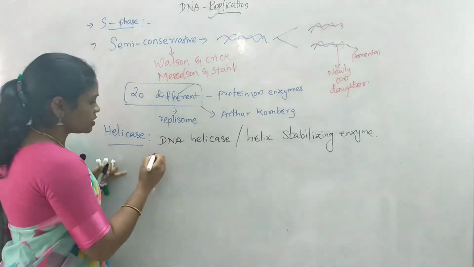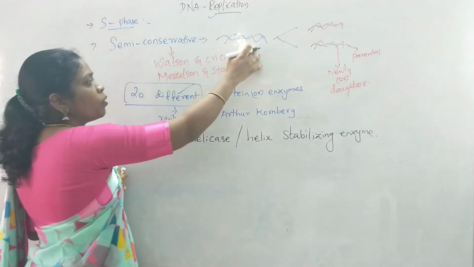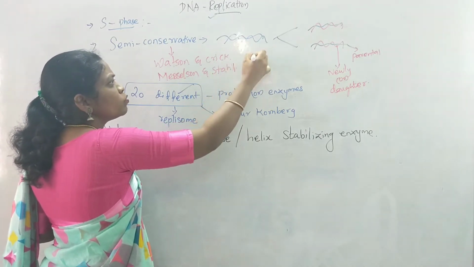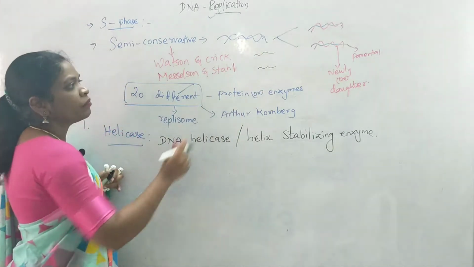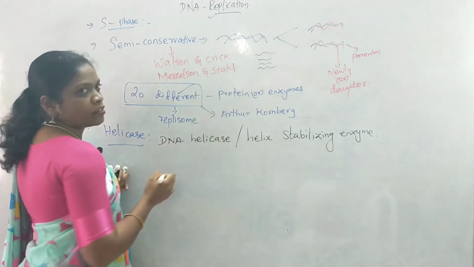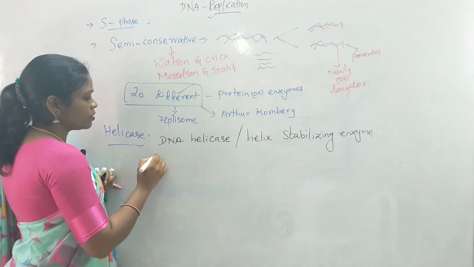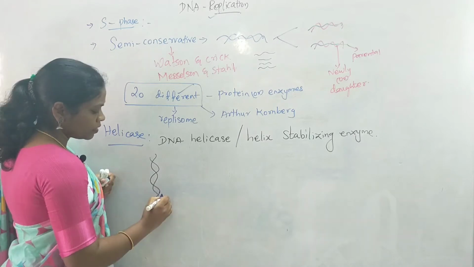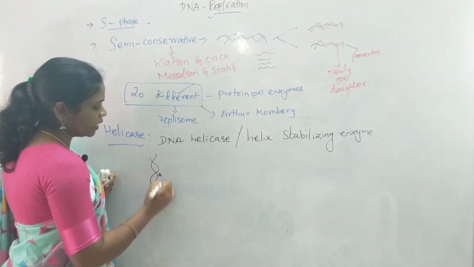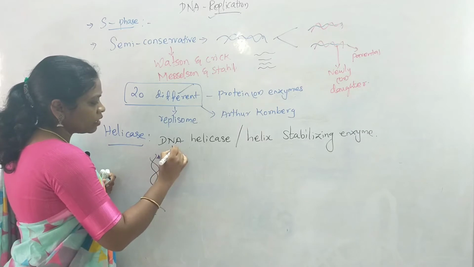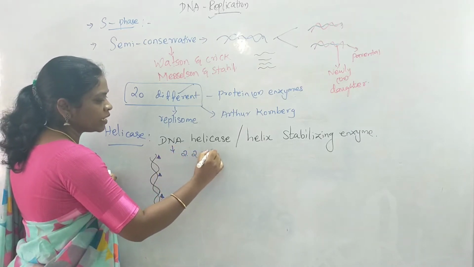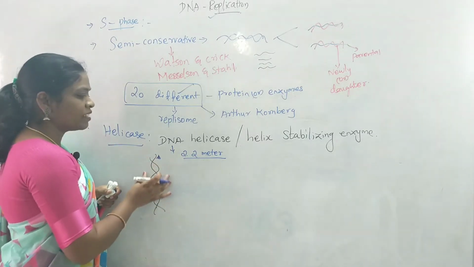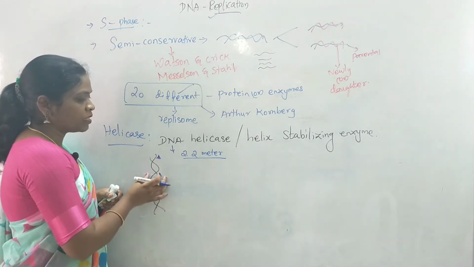If I want to copy the DNA, the two strands of the parental strand should get separated so that I can copy the nucleotides onto the daughter strand. So what happens here? This is the double stranded DNA structure. The enzyme helicase goes and attaches at multiple sites of the DNA. As the human DNA is about 2.2 meters in length, the complete DNA is not going to unwind. Instead, some regions of the DNA get unwound with the help of an enzyme known as helicase.